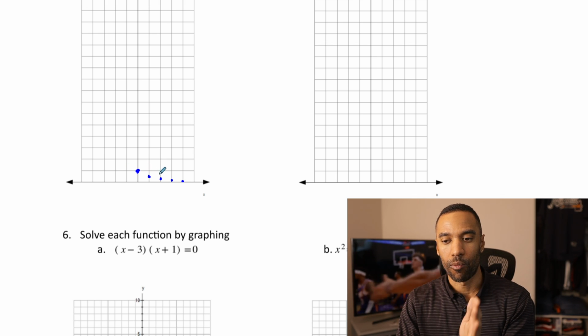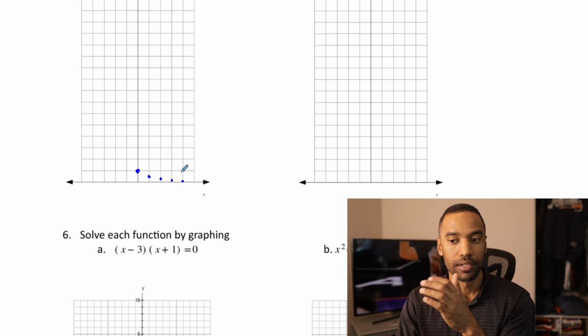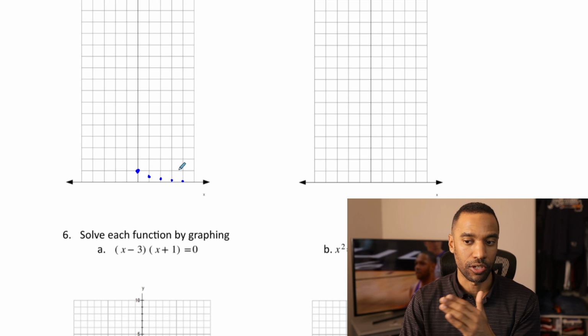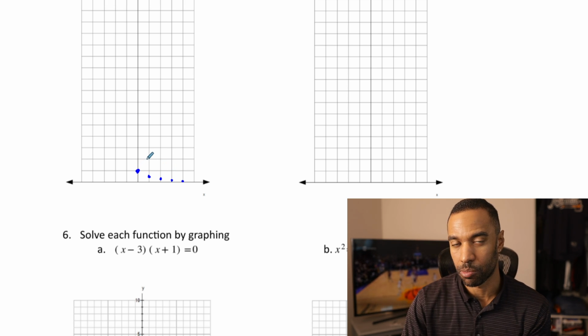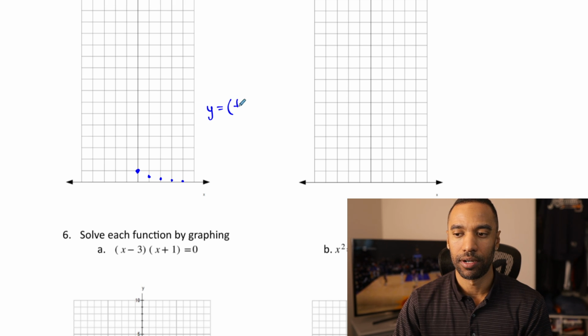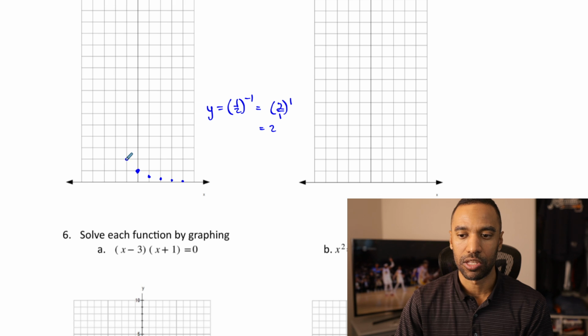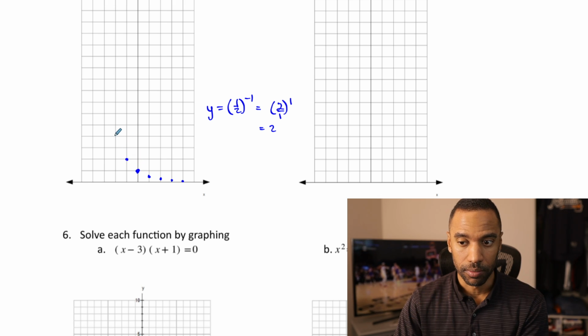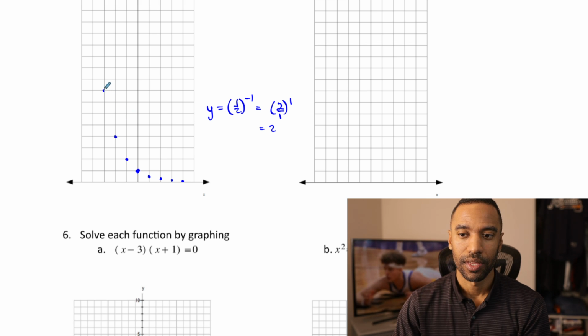Now, if I'm multiplying by 1/2 every time x increases by 1, that means every time x decreases by 1, you're dividing by 1/2, which also means multiplying by 2. And that makes sense. If I did 1/2 to the negative first power, I can turn the negative 1 positive. I can flip this fraction. It becomes 2 over 1 to the first power, which is 2. So this will be a 2 here. Or half of 2 is 1, right? Go backwards. You double going this way. So 4, 8,